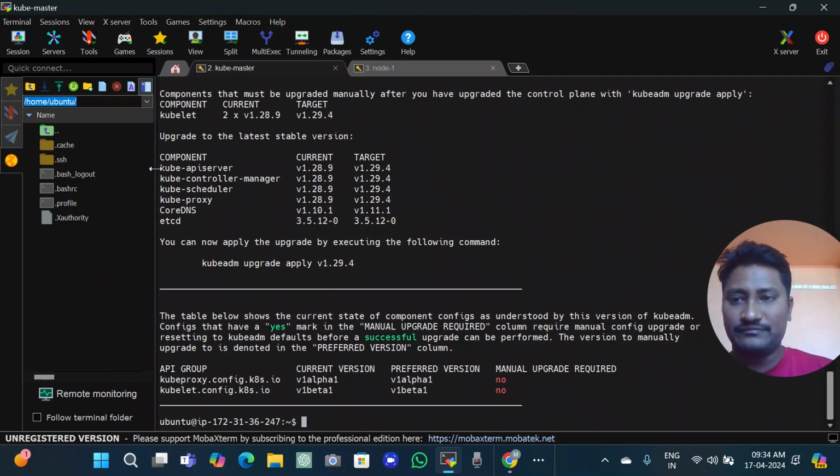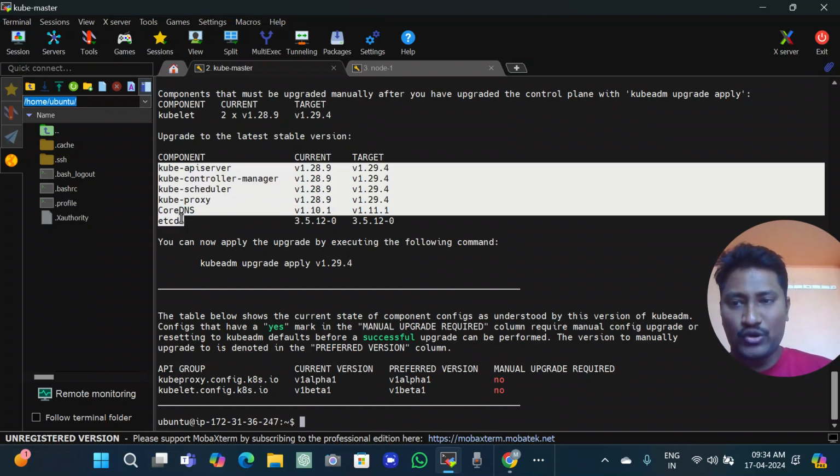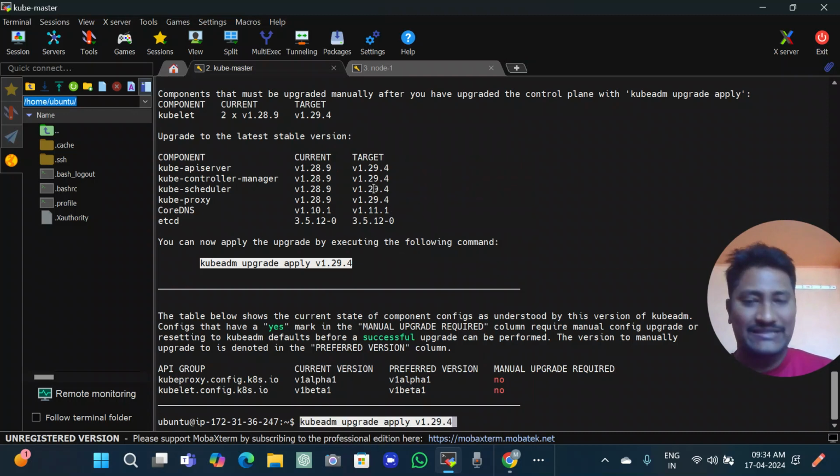Whenever we install Kubernetes, it pulls these images, these pods. Now kube-apiserver is 1.28.9, and the target version is 1.29. So all these components will be upgraded from 1.28.9 to 1.29.4. You can now apply the upgrade by executing the following command. This command, if I execute,